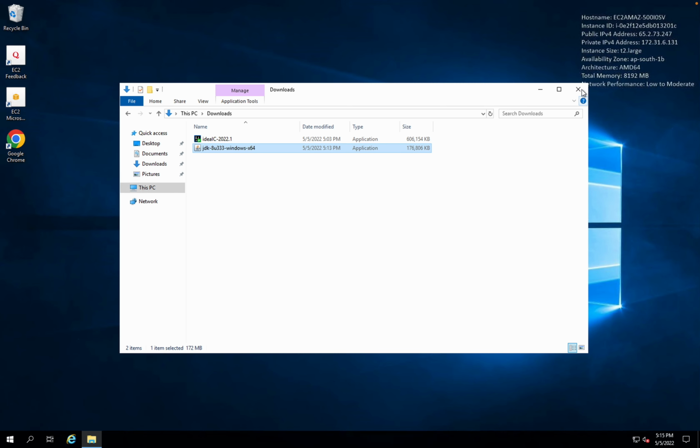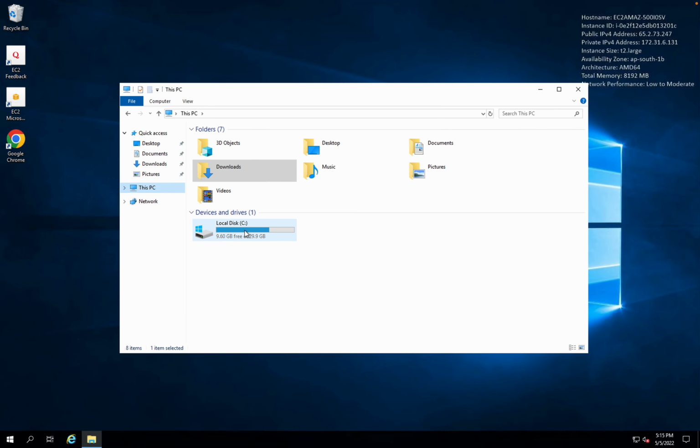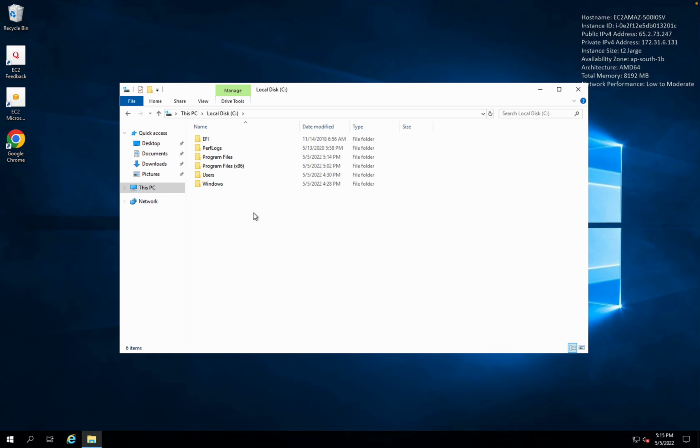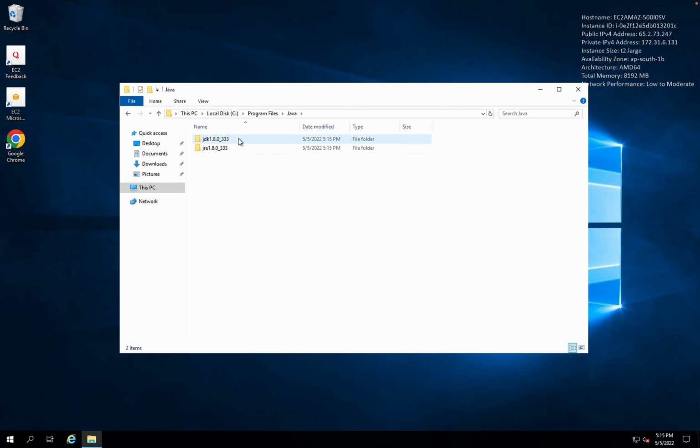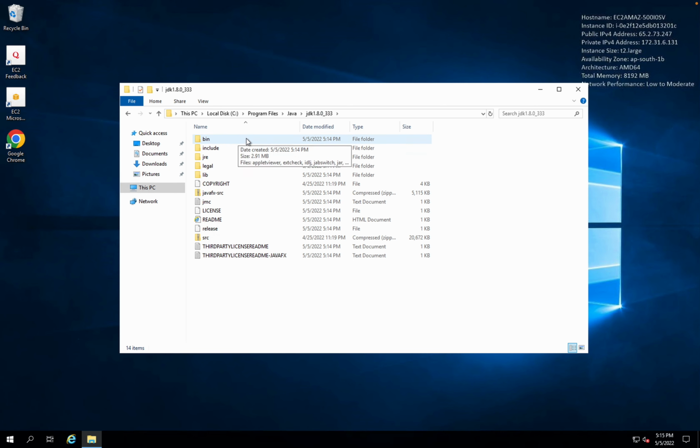Now I have to set the path of Java. So Java will be installed in C drive. So we can go there. I can click on this PC, click on C drive, and here under program files you will see a folder has been created, Java. Inside here you will find this is the Java that we installed. So we have to set the path of this Java. So I'll copy this path